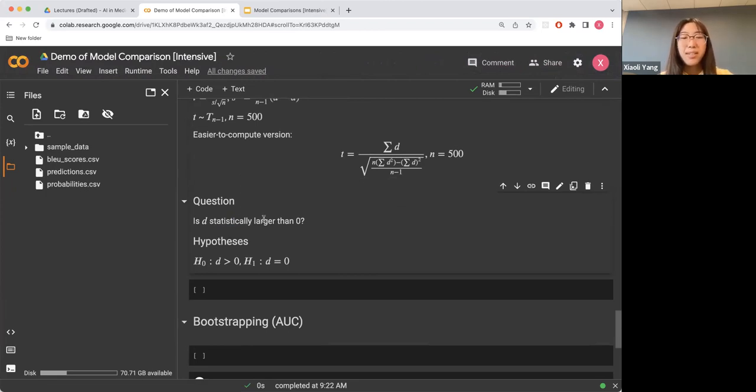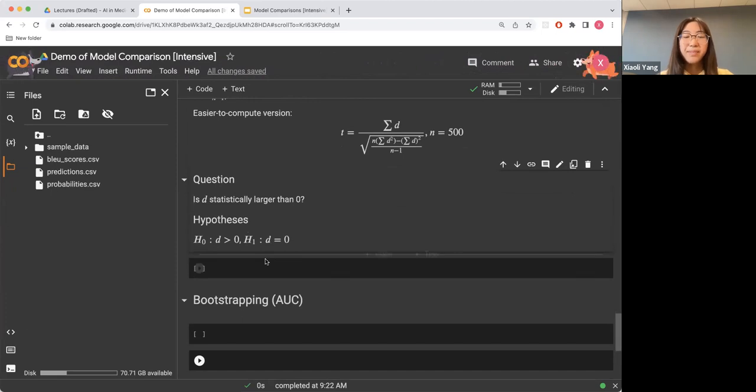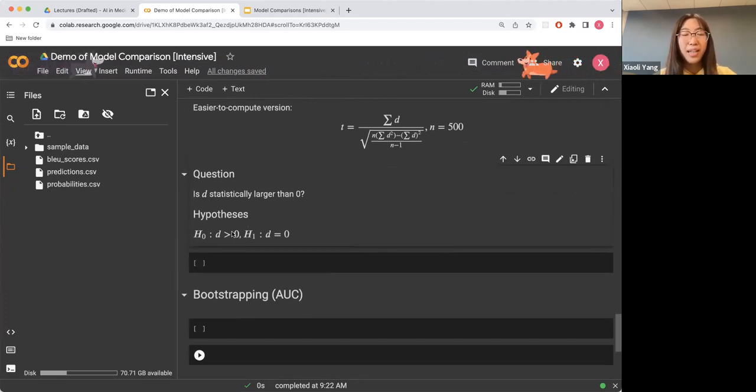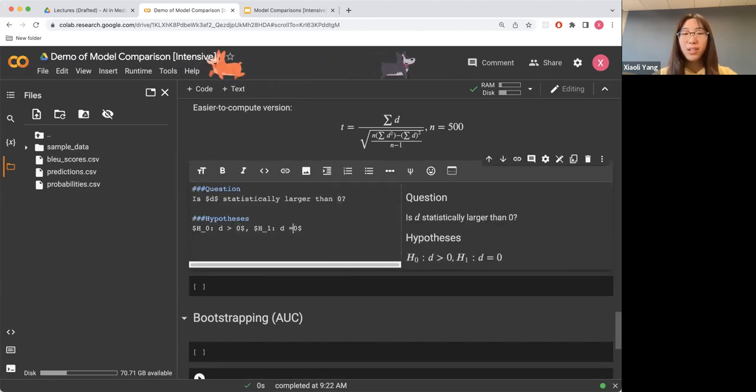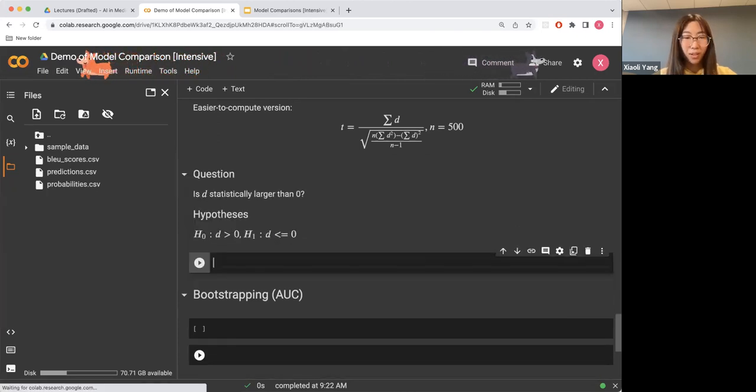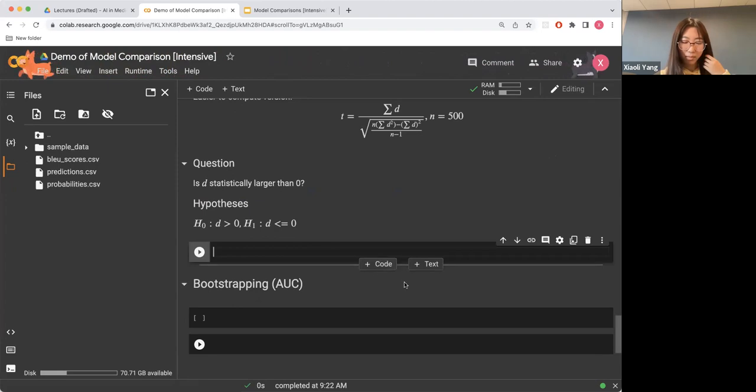So if D is statistically larger than 0, we can say that the average BLEU score of model 1 is larger than the BLEU score of model 2 statistically. It is a test of superiority with a one-sided test. So we will have a null hypothesis of D greater than 0 and an alternative hypothesis of D smaller than or equal to 0. Typo, sorry. Okay, anyways,